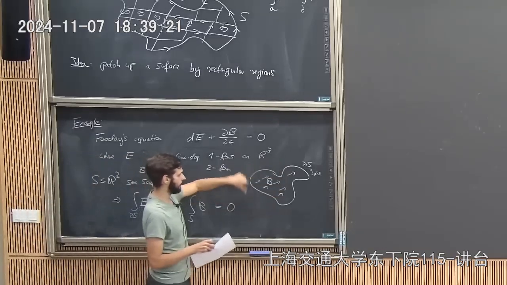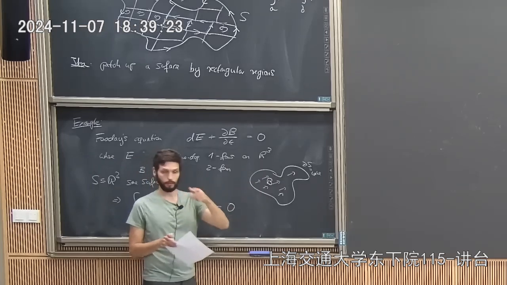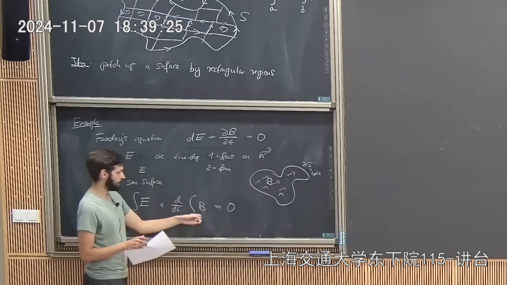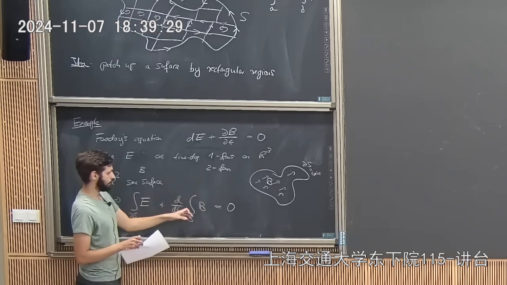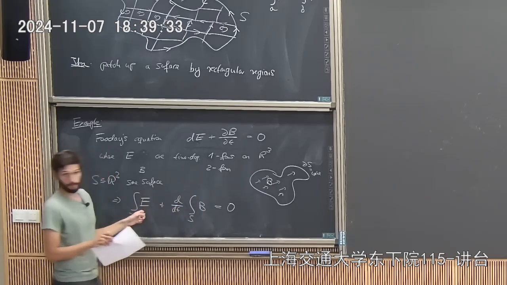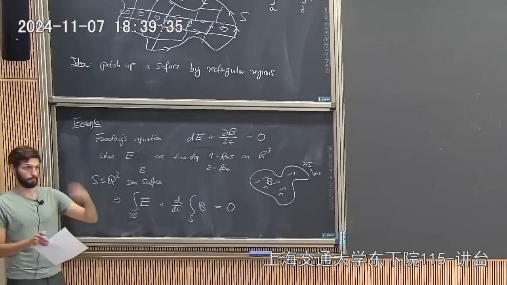So you have a magnetic field, and you have a boundary, and if that magnetic field is changing over time, so d/dt is non-zero,